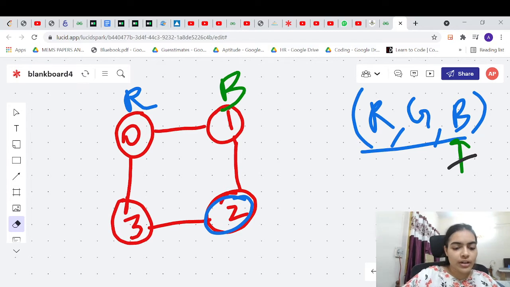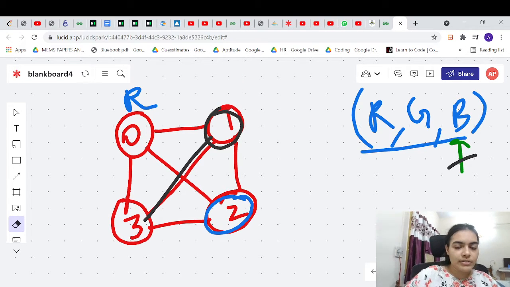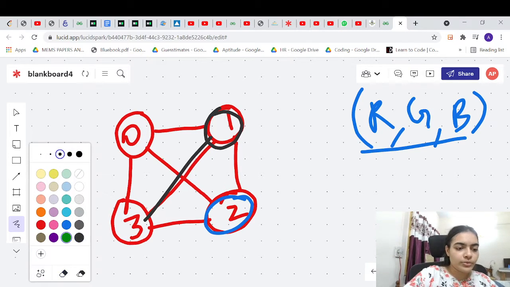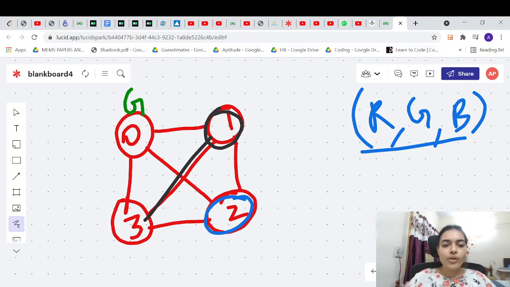So what do you mean by backtracking? You will change the color of this, right? You will change the color of this also. Okay, and you will change the color of this also. Next you will try green, and so on. You will keep on trying if any moves are possible or not. That's why backtracking is essential, because if for one node one particular color is not allowed, you will go to the previous node and try to change its colors and then come back to this node. So this is the logic.